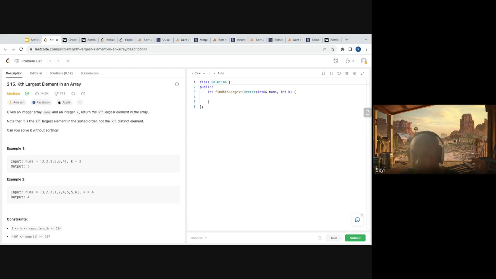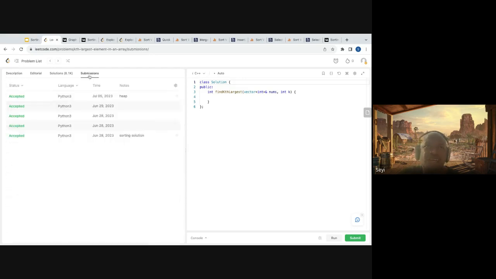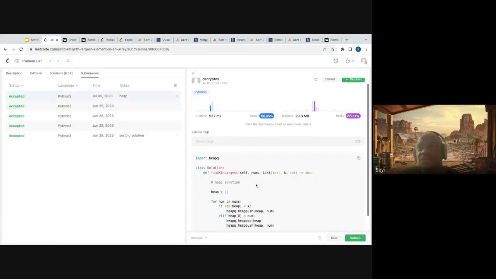So you could sort, you could use a heap, you could use a min heap, you could use a max heap, you could use quick sort for this problem with different efficiencies. The quick sort is a bit hard to implement. So this is just, I would like to go through problem solving. So I think the way I solved it here was using a heap, right? Let me see. Yes, I solved this using a heap.